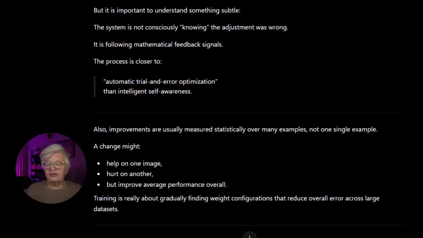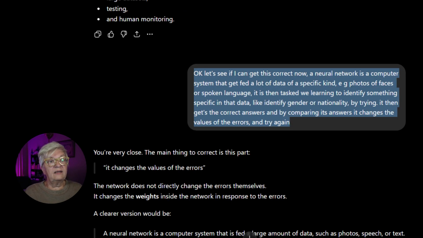So, after going through these questions and digging deeper to try and understand, I wanted to see if I now understood it. Okay, let's see if I can get this correct now. A neural network is a computer system that gets fed a lot of data of a specific kind, for example, photos of faces or spoken language. It is then tasked with learning to identify something specific in that data, like identify gender or nationality by trying. It then gets the correct answers, and by comparing its answers, it changes the values of the errors and tries